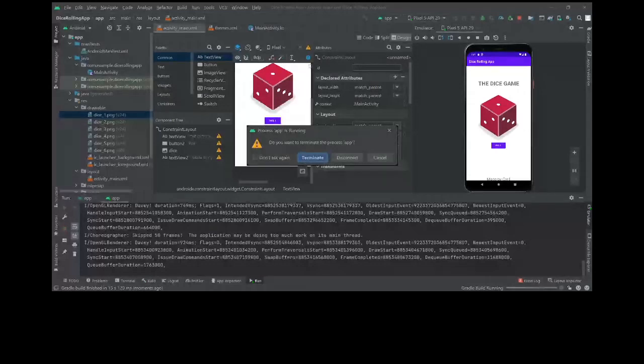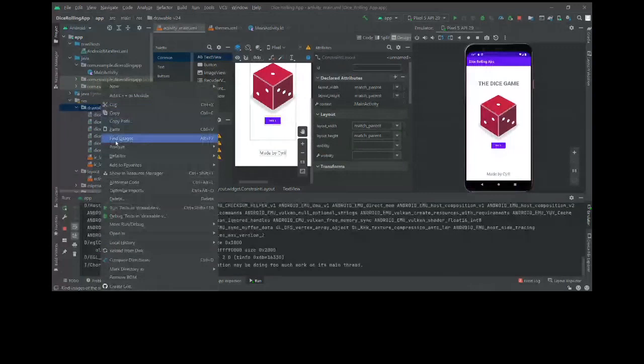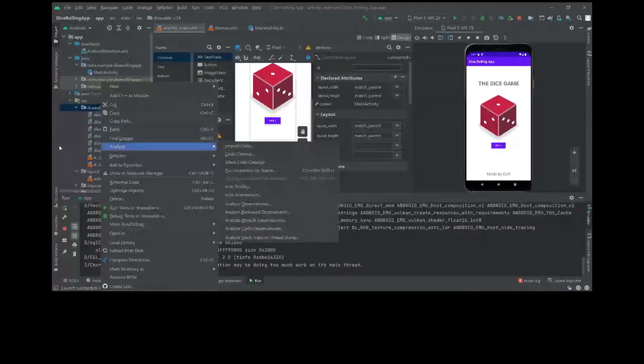Then after copying, come into Android Studio, go to this folder, right click, and say paste. So all the images will be pasted here.